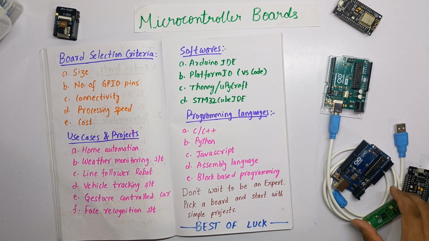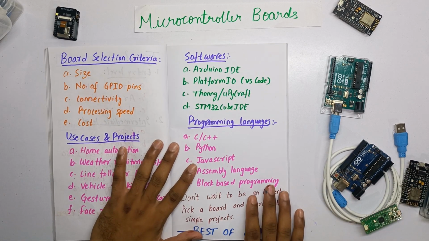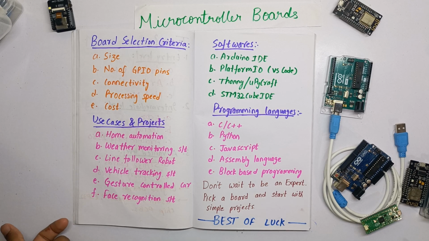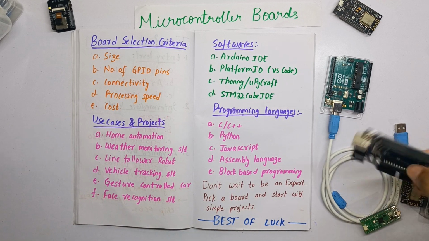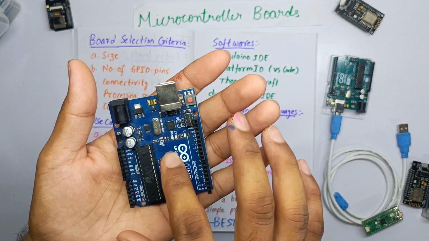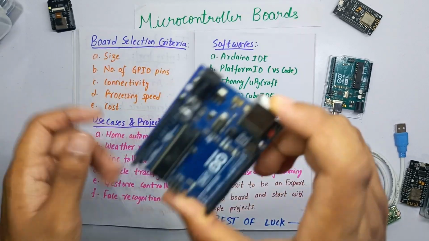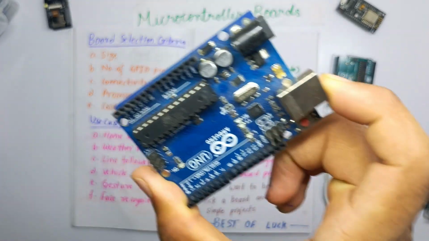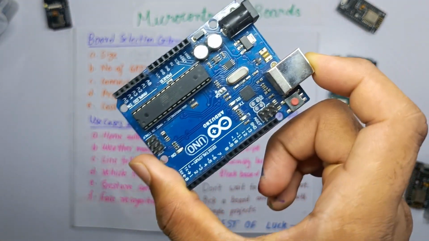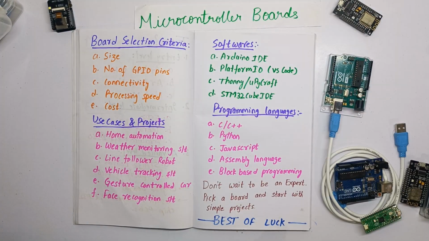And this is pretty much about microcontroller boards. No one can become an expert overnight, right? So pick a board of your choice and go do it. I'll recommend starting with the Arduino Uno board. Go get yourself an Arduino Uno board and start with a blinking LED program, and there you go, that's what your first program will be, and that's where you will start your electronics or programming journey. Ask me if you have any doubts, and thank you.